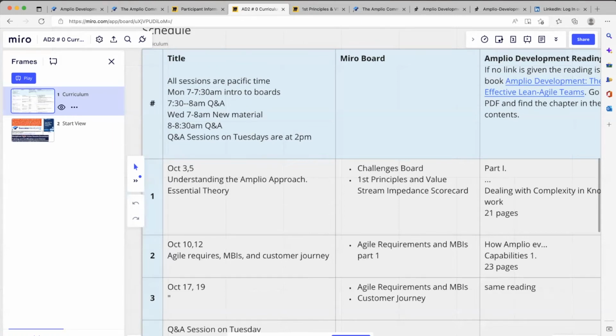See, this is all hierarchical thinking. This is all coming from the hierarchy. No, as we oppose, we want to come from the workflow, from value streams. So this is one of the big shifts that we have in Amplio development: it's organized not around teams going up, not around top down, bottom up, all that. That's like arguing which side of the Titanic I should move to after I've hit the iceberg. It's the wrong dimension. You want to work on the value streams.